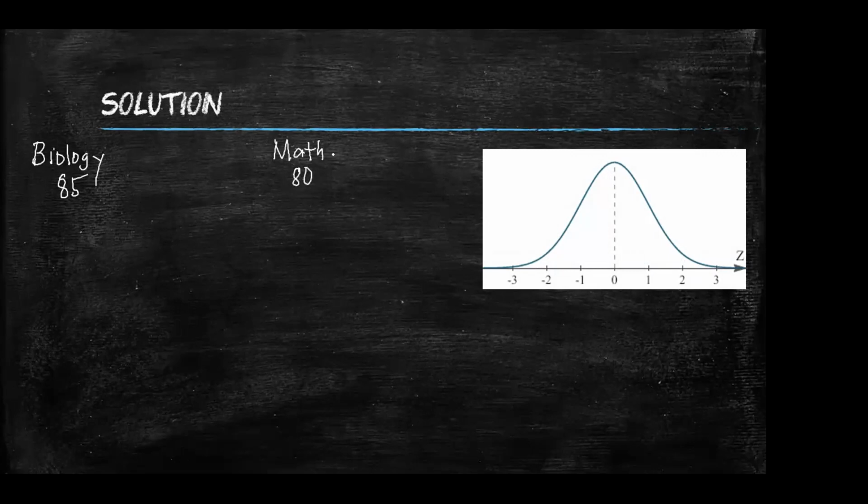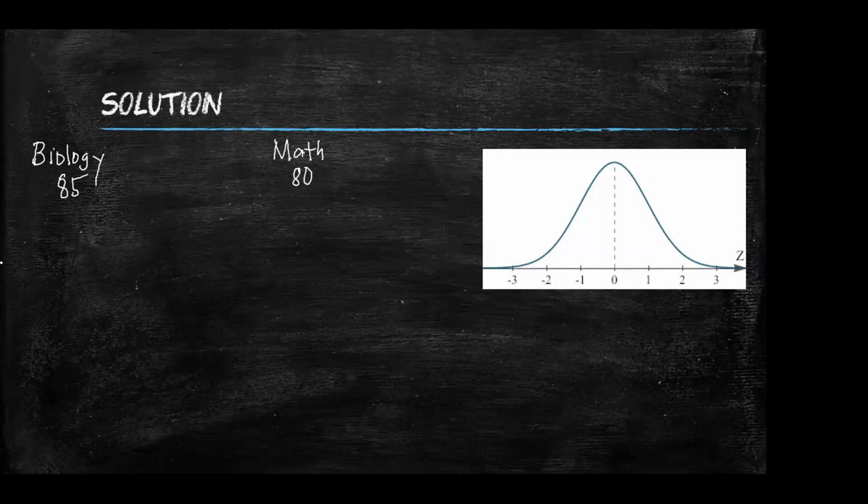Based on the grade itself, of course you would think Lodi is better in biology because the grade is higher. But it does not guarantee that he performed well, because biology and math surely do not have the same teacher, or are not the same when it comes to their teachers. So we need to check, based on the grades of her classmates,